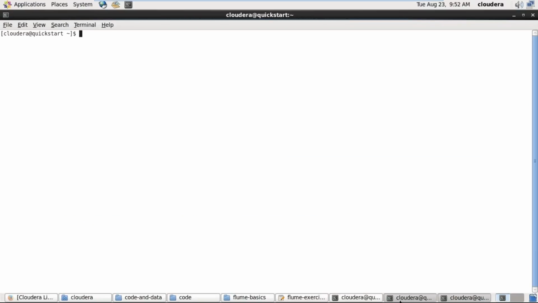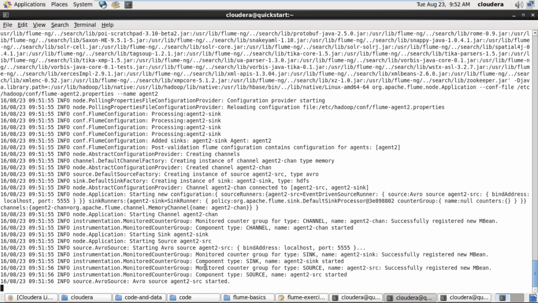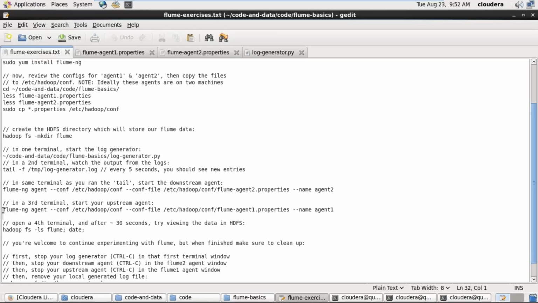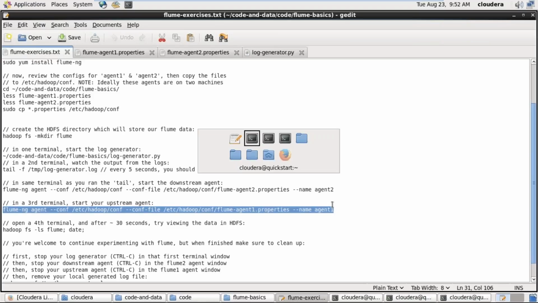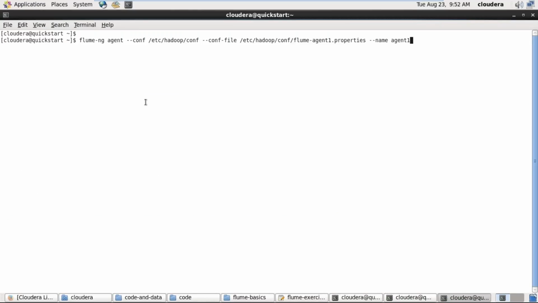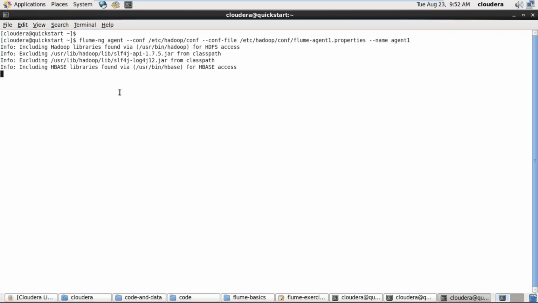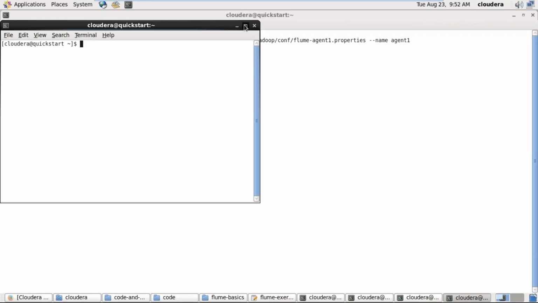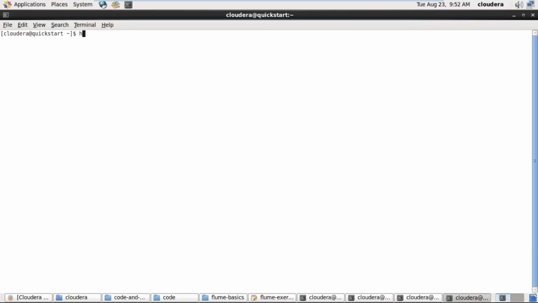So let us see if agent 2 started. Once that is started, you would paste it. I have not copied it. Agent 1, paste it. As this starts, we can open up another terminal to quickly see how the data is created. If I do hadoop fs -ls flume, that's where my data is getting created. So if I just do that,